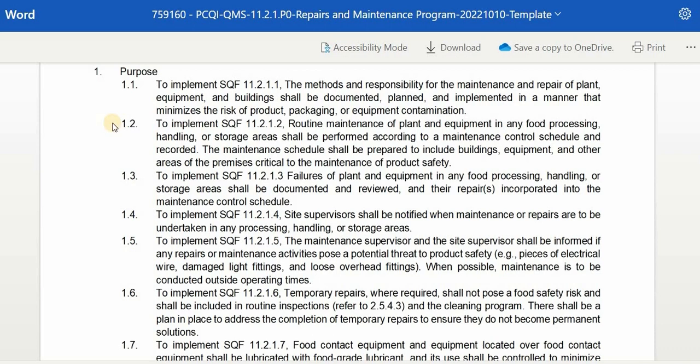The maintenance schedule shall be prepared to include buildings, equipment, and other areas of premises critical to the maintenance of product safety. To implement SQF 11.2.1.3, failures of plant and equipment in any food processing, handling, or storage area shall be documented and reviewed, and their repair incorporated into the maintenance control schedule. Next, to implement SQF